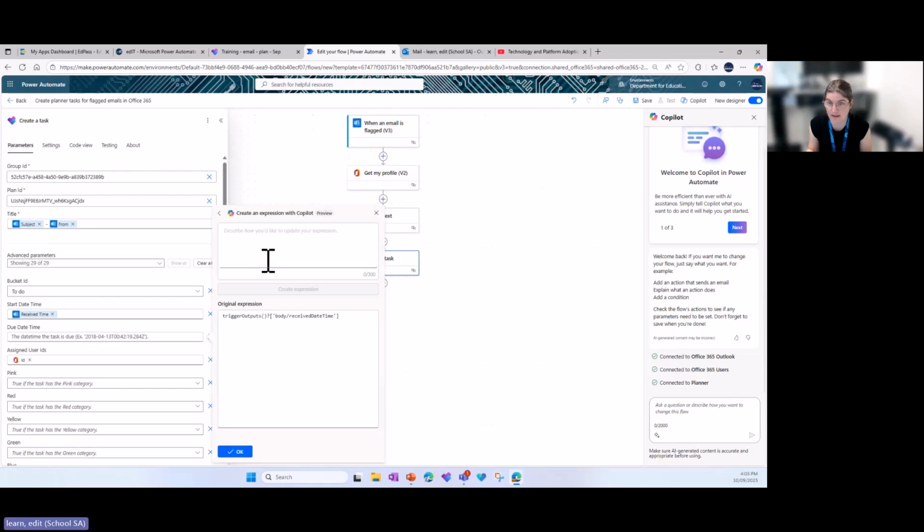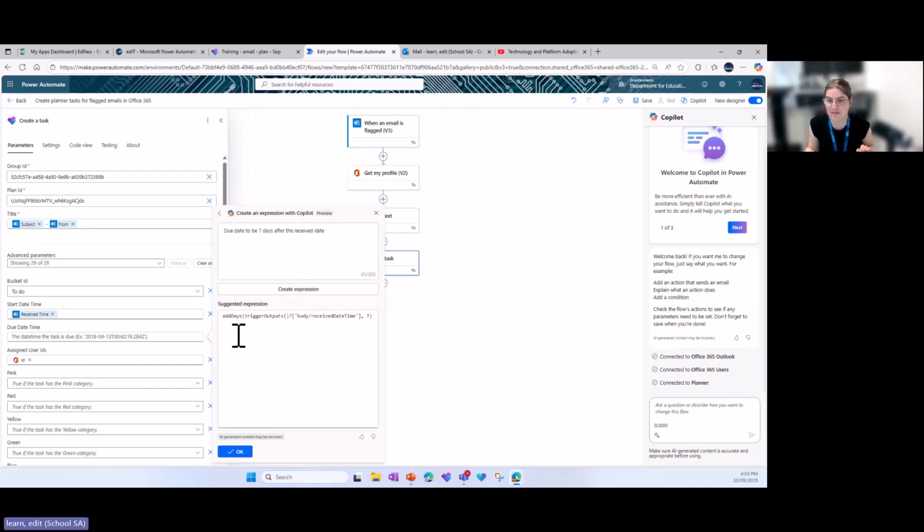And up here, I can put in what I want. So I want the due date to be 7 days after the receive date. So I can pop that in. I'll put that in the chat as well, just in case. So I've given it instructions. I can then select create expression,